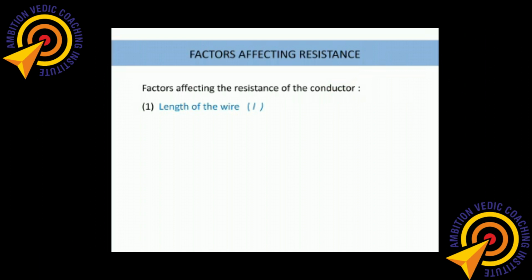We have discussed that resistance is nothing but the number of collisions, right? So even if the number of atoms present in the wire is very small, if you take a longer wire, that means the longer wire will have a large number of atoms, and the electron has to undergo collisions several million billion times, right? So that means nothing but high resistance. So the bigger the length of the wire, the higher is the resistance.